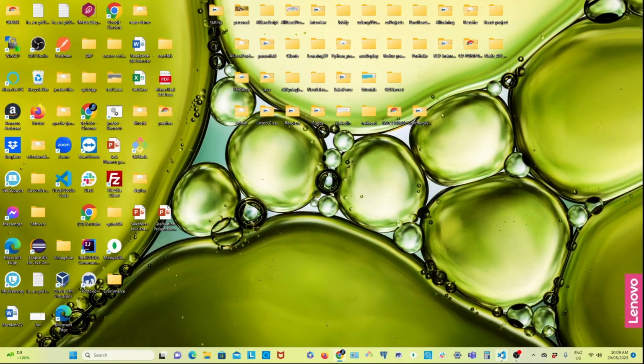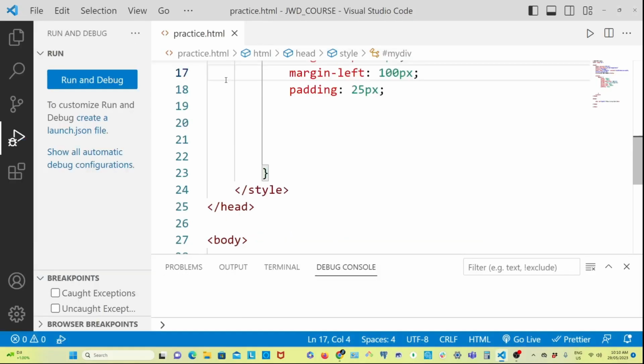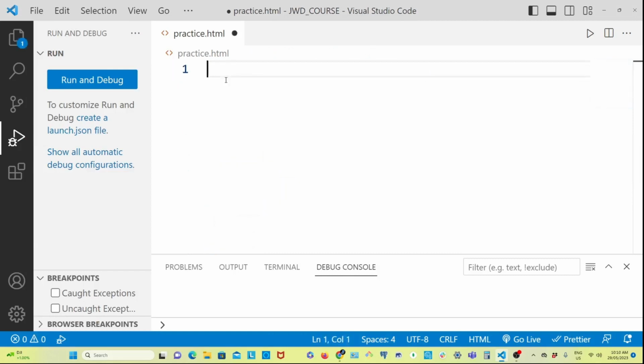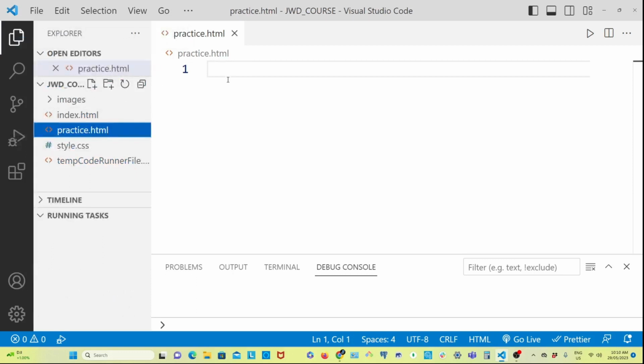Everyone. So today in this class I'm going to teach you about the CSS box property. Okay, now here I have created a new file called practice.html,